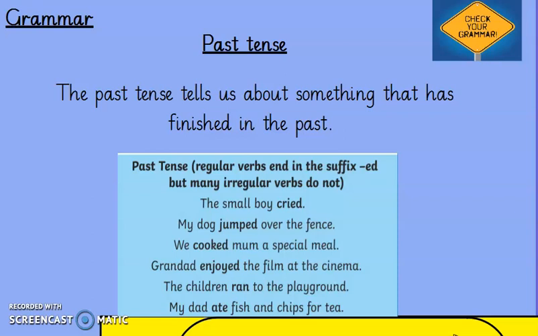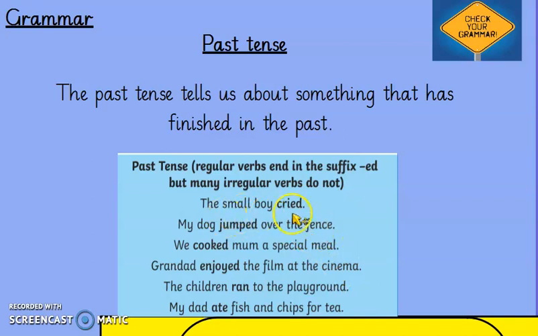And last week, if you go back and remember, we did some learning about suffixes, where we're adding words or group of letters at the end of a word to make a different word. Now, when we are learning about the past tense, we have something called a regular verb. Now, a regular verb usually ends in the suffix ed. Okay, but there are some verbs, irregular verbs, that do not have the ed pattern. Now we're going to look at those hopefully next week. So let's focus on the past tense.